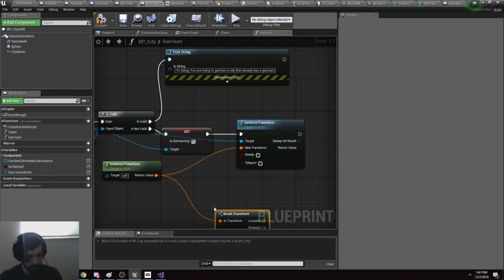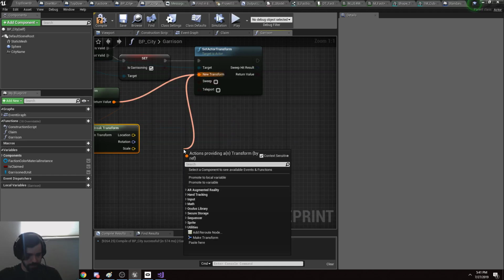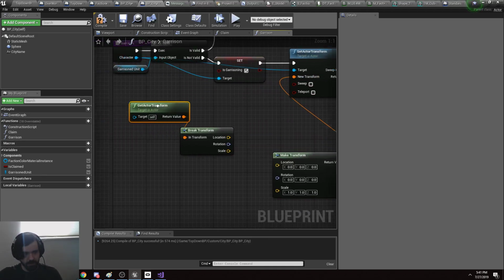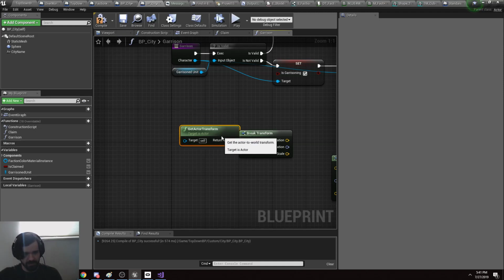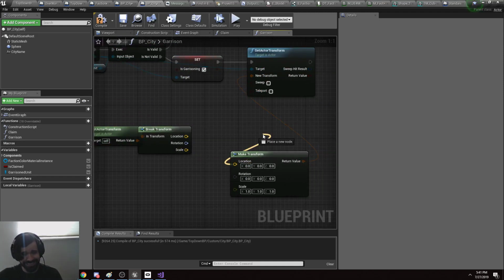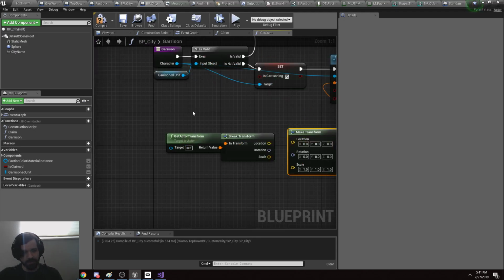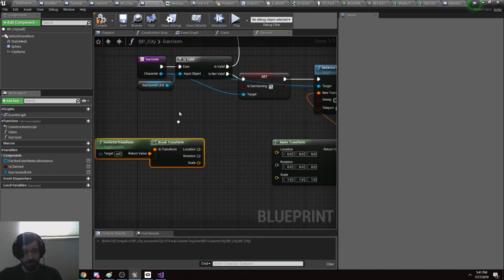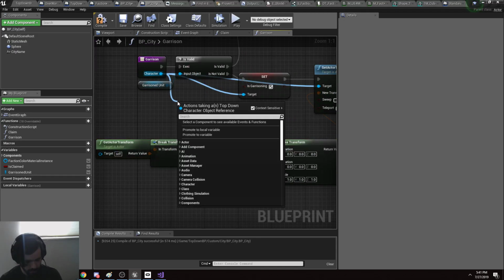We need to break this transform. We then need to do a make transform here. The reason why is because we have a character height offset, which should be a constant somewhere. However, I'm lazy, so I'm going to do it in a way that doesn't need a constant here, but gives us a little bit of dynamicy. And that is going to get